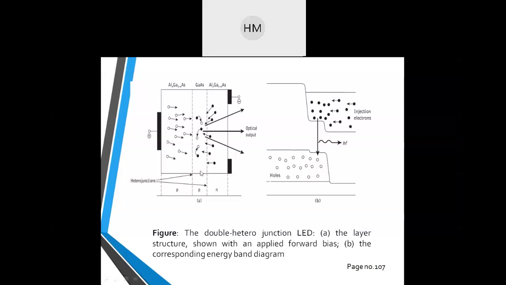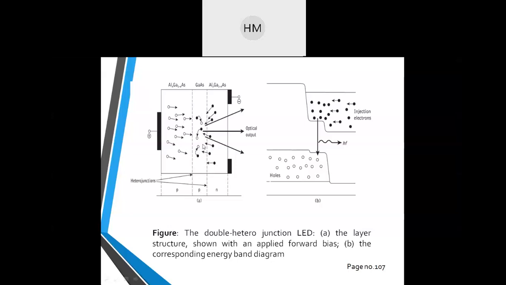The injected electrons are inhibited from diffusing into the P gallium arsenide layer because of the potential barrier presented between the P heterojunction. You can see this is heterojunction P and N. Electrons will take time to reach this position because we have two different layers of P type. Clear? And the active region, what is my active region? Active region is this region, where electron and hole will merge and we will generate majority carriers over here.